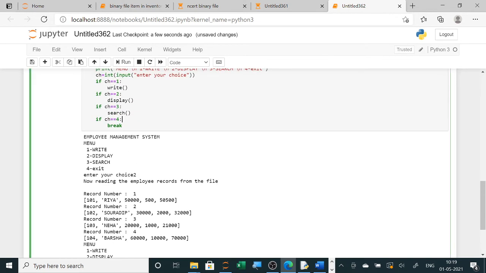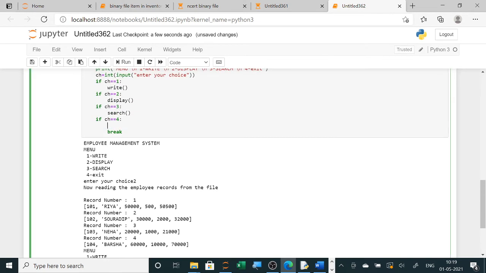So for that, what I have to do is write print thank you, so at least I will come to know that it has exited. So it is ending the program, end of program.